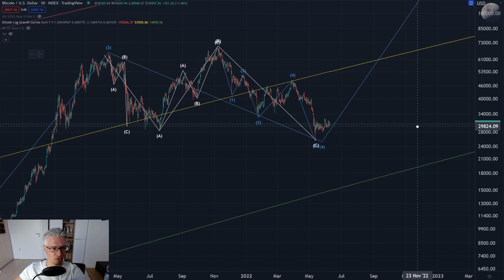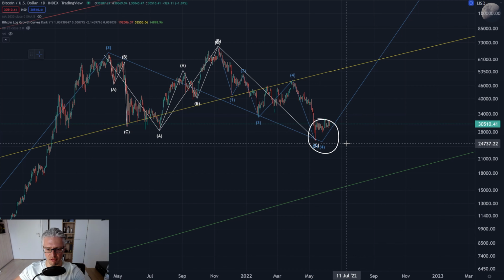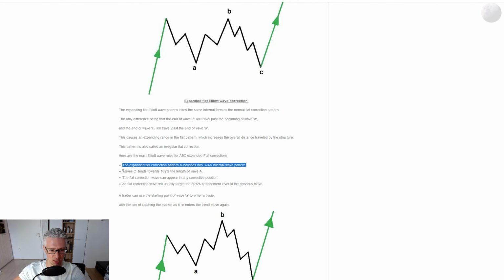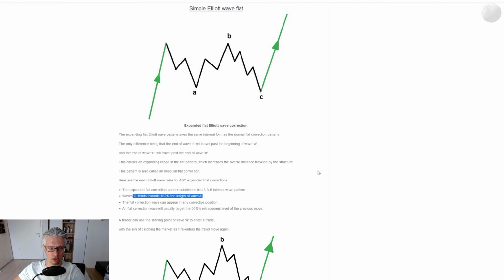So now we would of course like to know, has this been the low according to Elliott wave theory, and when is it invalidated? Well, friends, I have some bad news for you, because Elliott wave theory is not really helpful for us, because it says wave C tends towards 162% of the length of wave A. So the length of wave A would be this here. So when it says it tends towards, it means that it can reach, in an extreme case, 162% of the length